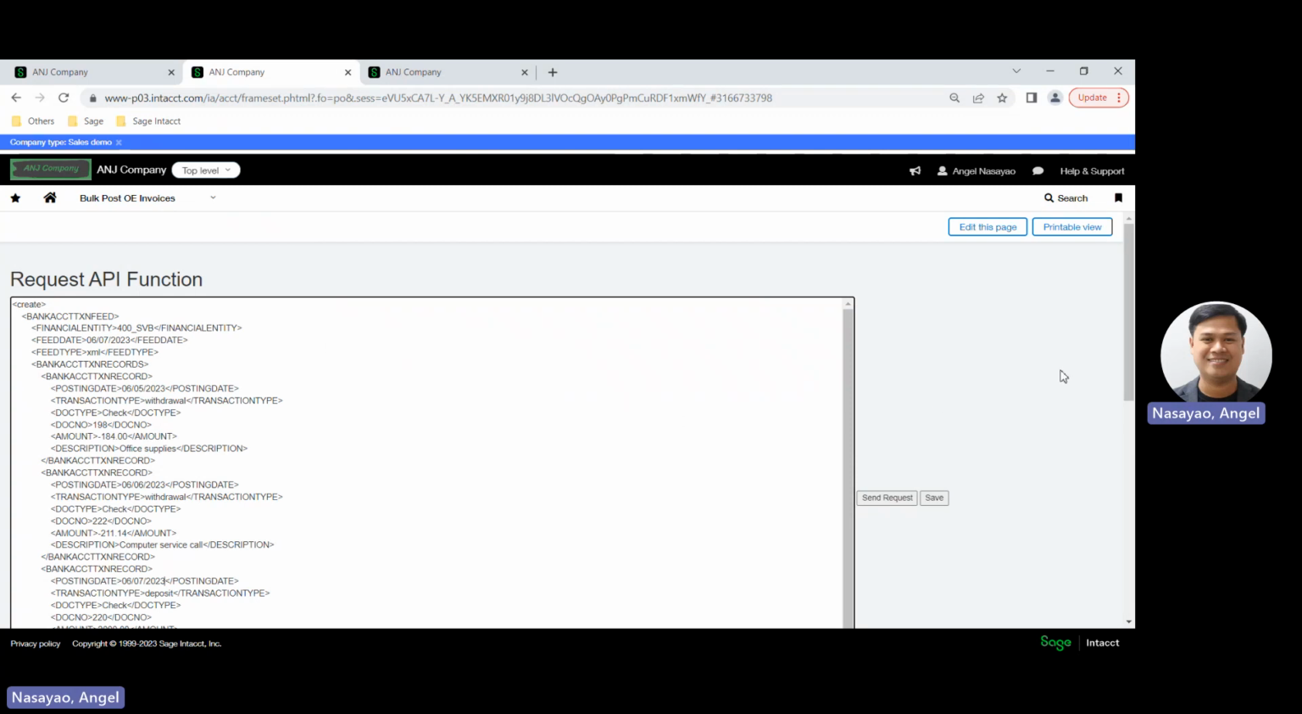So let's have a look at this sample that I have here. So you have the API in here. I just have this application wherein I can just key in the API. So this is the object itself, the bank account transaction feed in there. So you just have to identify the bank account that these bank transactions are referring to. So bank feed date in here. In this example, I have the 7th of June. So just take note that the date format is actually in US format. So it's